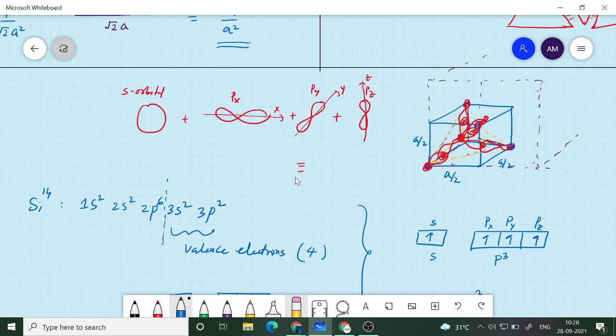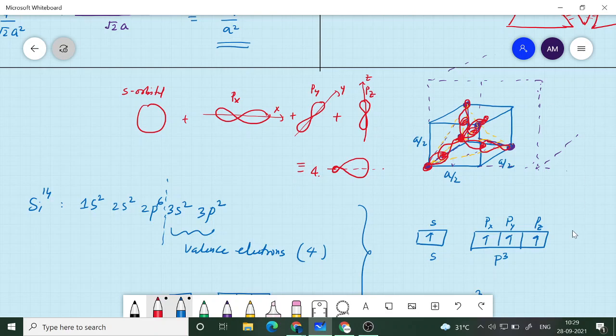But the shape I will just draw. The shape of the orbital won't be symmetrical, it will be something like this. One side you have a bigger region and the other side you have a smaller region. Whereas the p orbital is symmetric on both sides. But here, because of the combination of s with px, py, pz, you will get this kind of shape, directed into 4 directions. So there are 4 such orbitals at different angles.